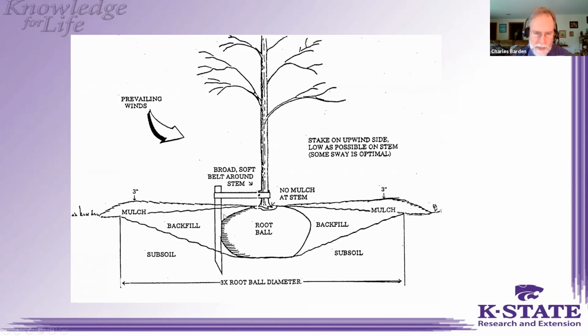This particular stake is one that's not often used in the home landscape, but it wraps right around the base of the tree. But what really holds the tree upright is this stake here. This stake here has to be pounded down literally into the edge of the root ball. This staking method, you're actually stabilizing the root ball, not really stabilizing the trunk. If you keep the root ball firmly anchored, then the trunk will stand up on its own.